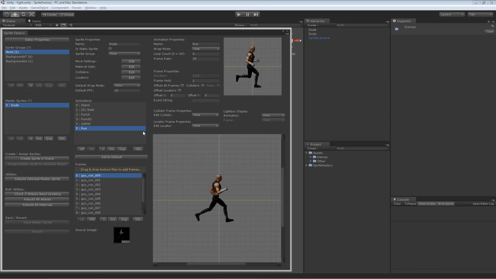So a couple more things about the editor here. Under frame properties, we have offsets. We have the ability to offset the sprite on all frames or just one frame, in addition to offsetting the colliders and locators at the same time if we so choose. So if we wanted to realign this run so that he's running on this horizontal yellow line here, which represents the 0 on Y, so that the base of the sprite would be where the pivot is on 0, 0,